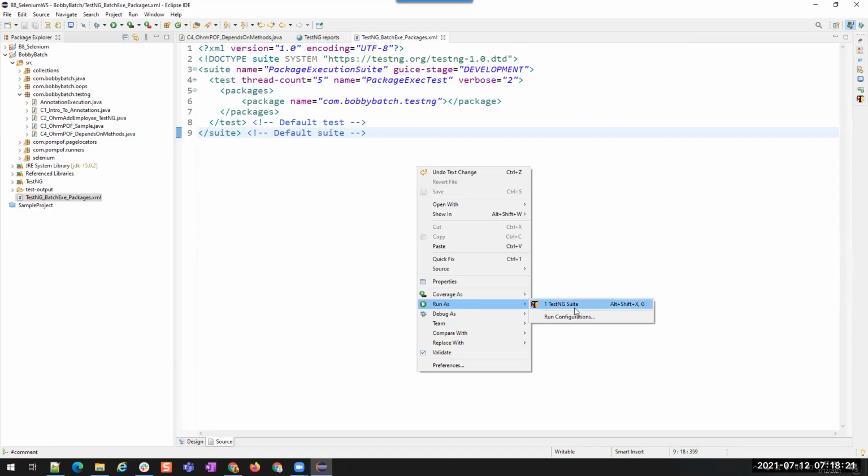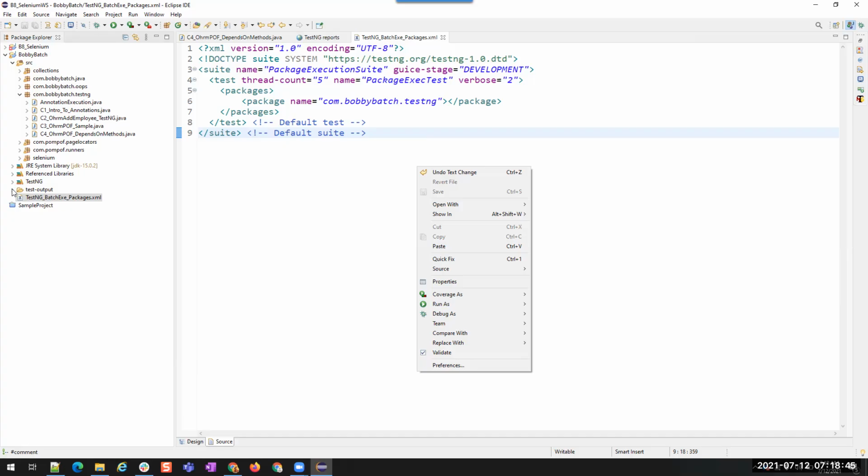Normally, for running any TestNG suites or TestNG cases, we will not run each class individually. We will use this XML file. I think I already explained to you when I showed you the report. By default, it will create some dummy XML file internally if you don't have any project level XML file.